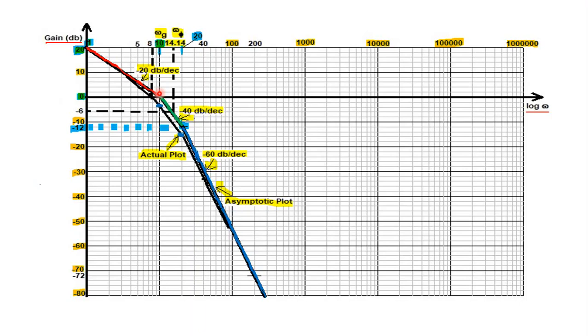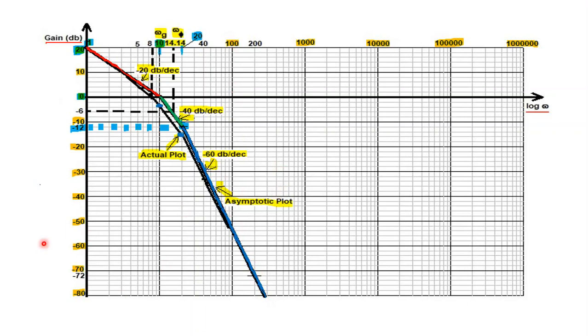At 10 radian per second, slope changes from minus 20 to minus 40 dB per decade. So draw the straight line with this slope up to 20 radian per second. After 20, the slope should be minus 60 dB per decade. Thereafter, it remains at the same slope because there is no other corner frequency. That is the highest corner frequency. That is why I said at least up to 100 you show